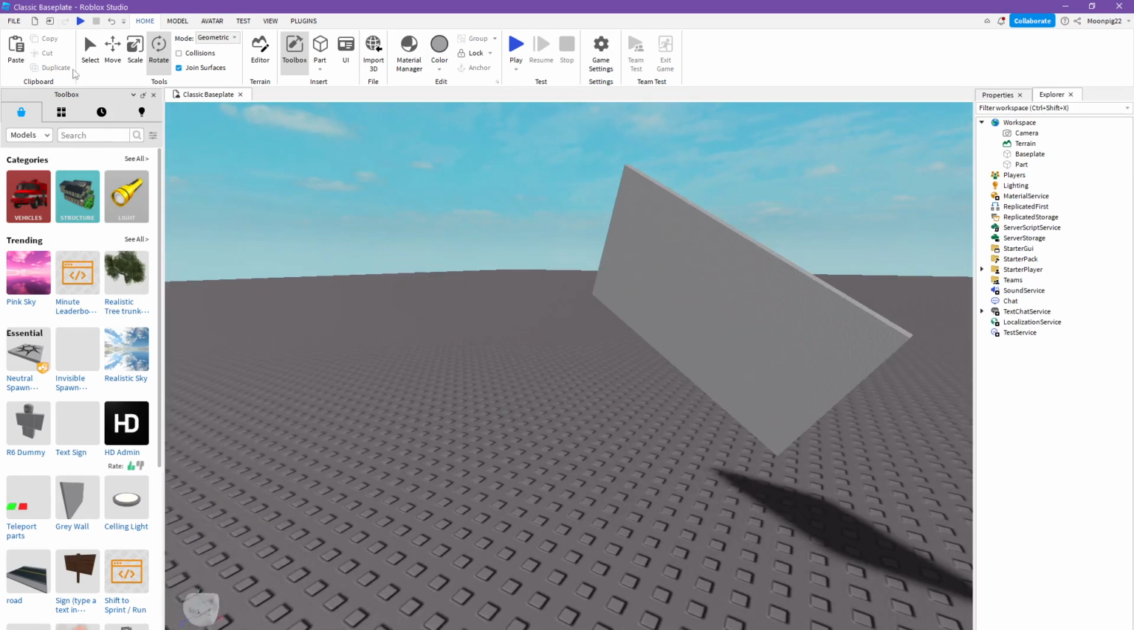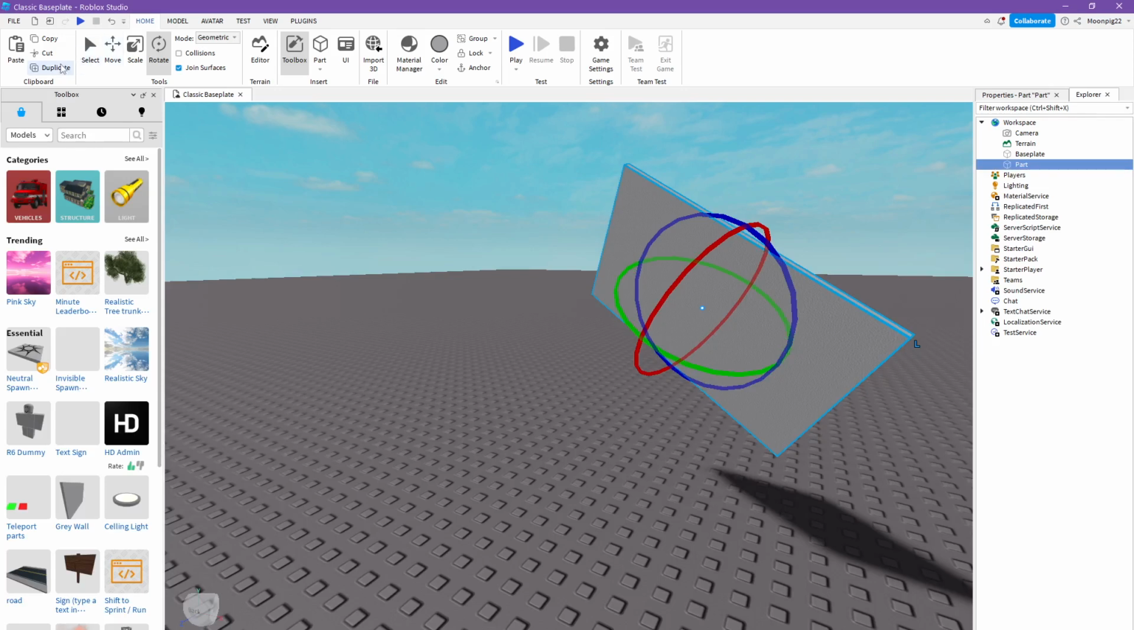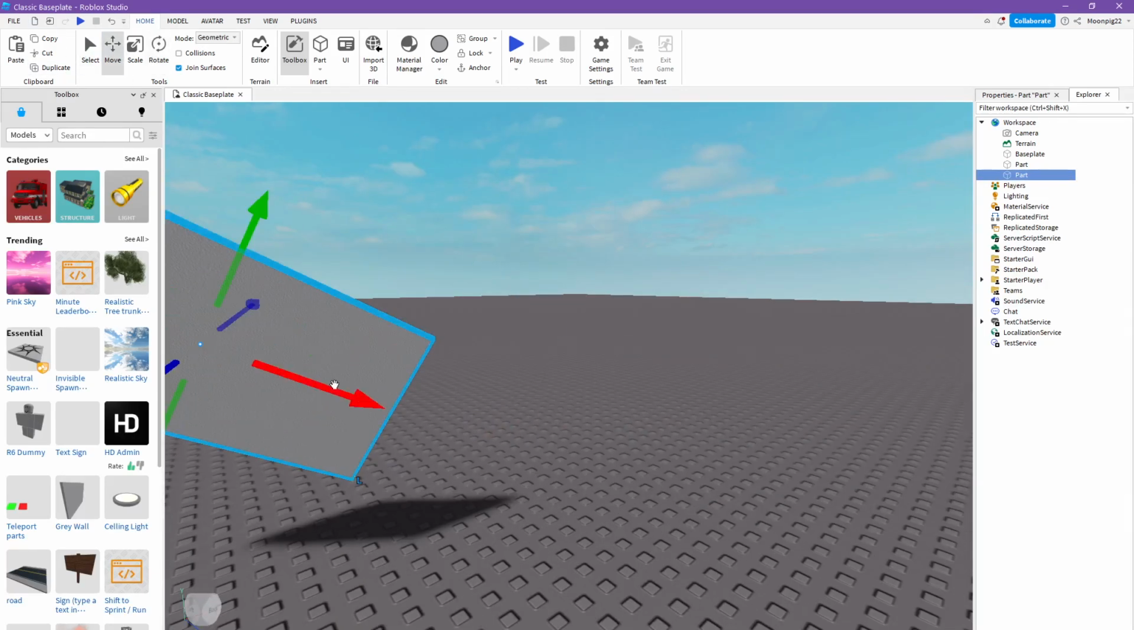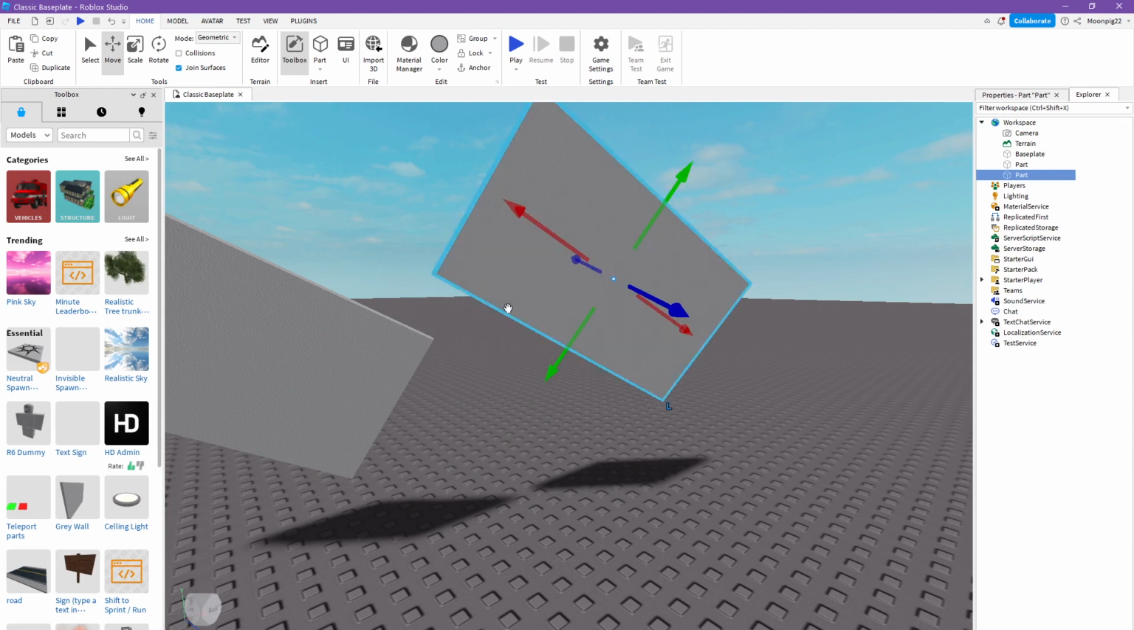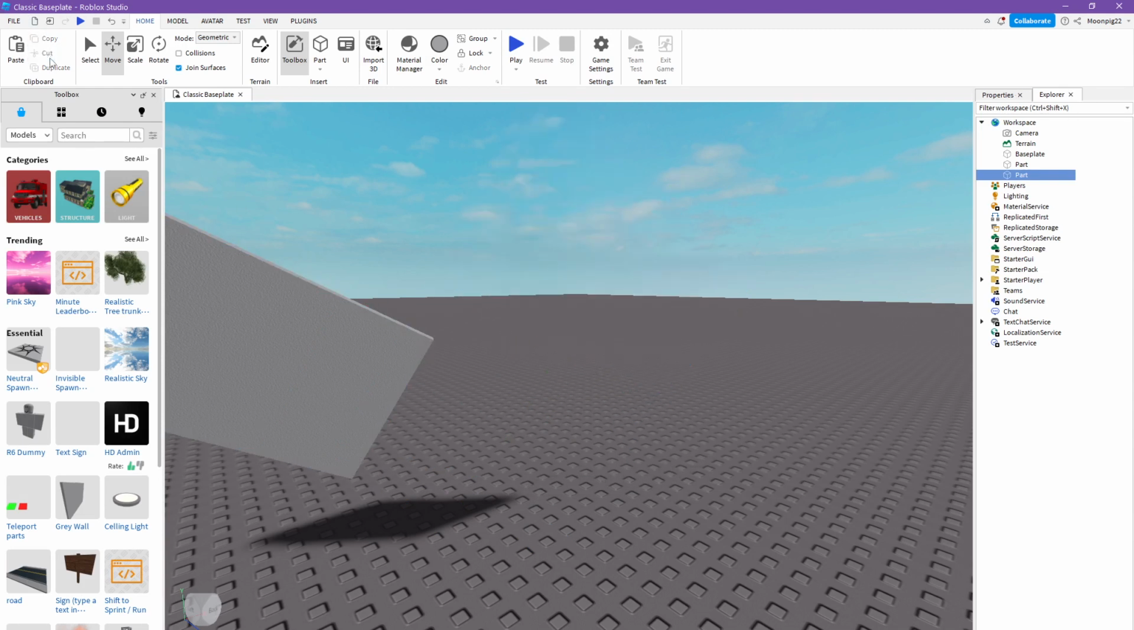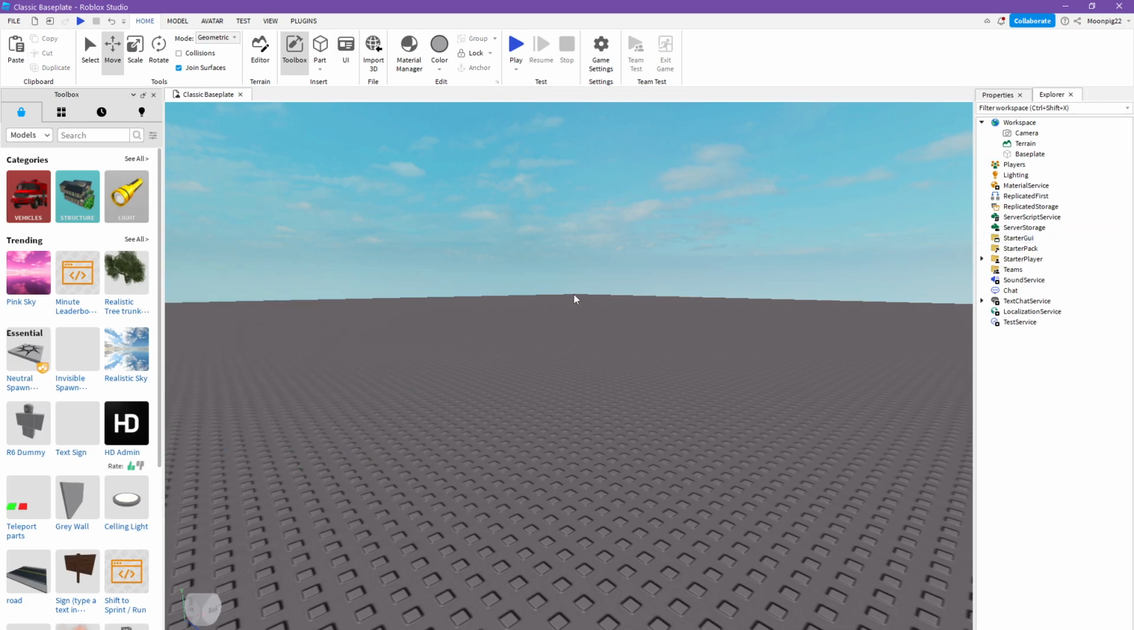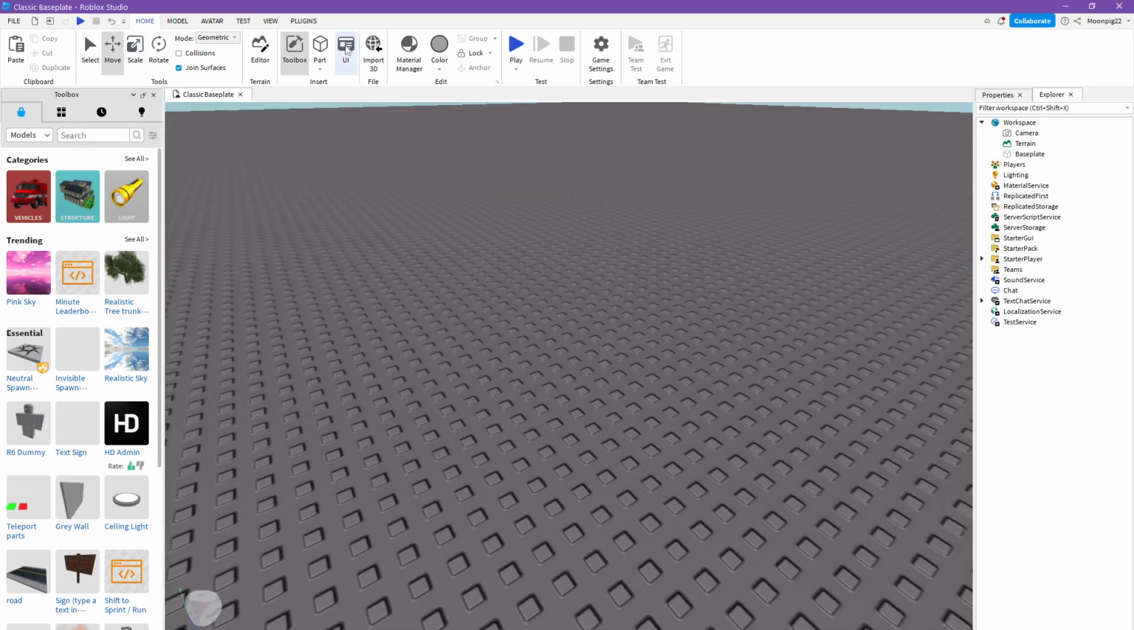And next is Copy, Cut, and Duplicate. So Duplicate will make an automatic copy of it. Copy will copy it, so then you can tap on Paste and it'll go. And Cut just deletes it. So I'm going to put my cart back in,